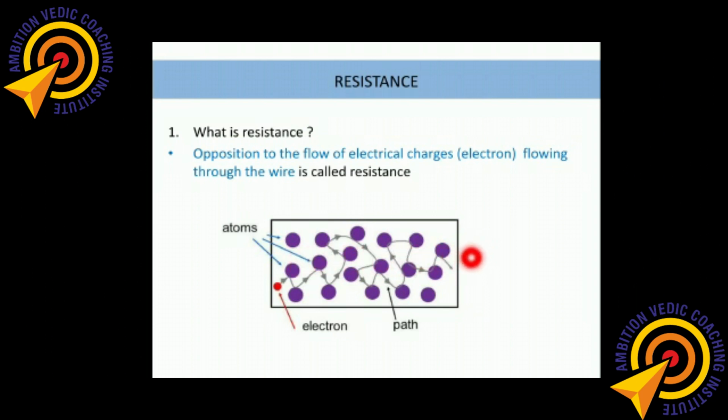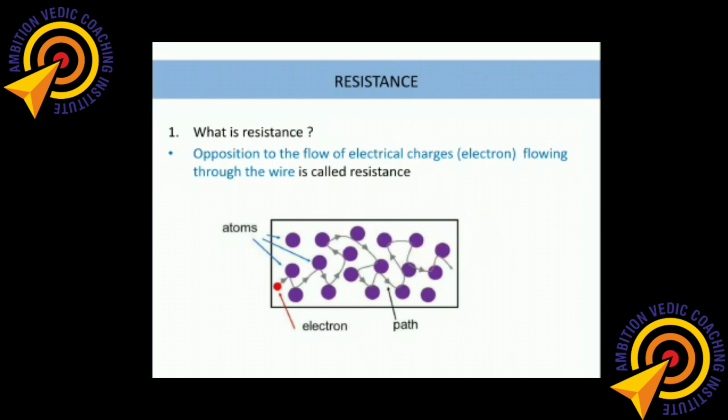That is why it is very important, as I told you, the nature of the material. So the wire has to remain the same. If you replace one wire with another wire, it is quite possible that the second wire will have a greater number of atoms, so greater will be the resistance. So I hope everyone is clear. Resistance is nothing but the collisions. The higher the number of collisions the electron faces, the higher will be the resistance of the wire.